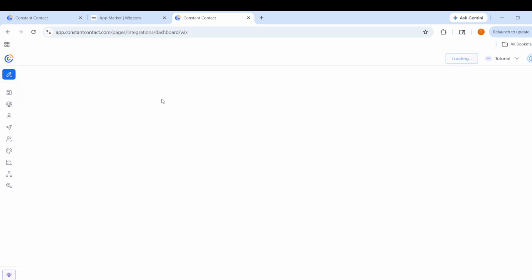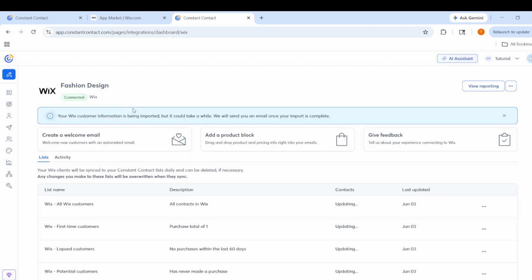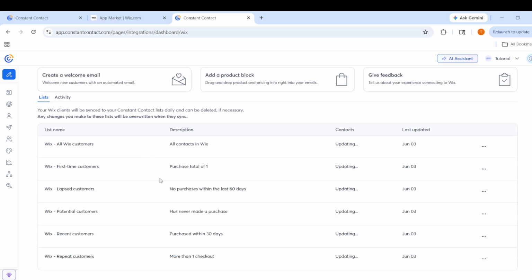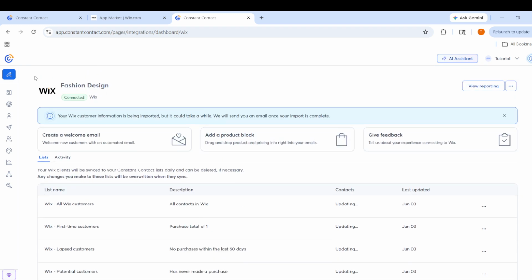Once you are signed in, Constant Contact will usually display an authorization screen. This is where you confirm that Wix can communicate with your Constant Contact account. Click Allow to approve the connection and authorize the data sync between both platforms. After that, the integration should begin connecting your Wix site with Constant Contact. This allows the two platforms to share the necessary information so you can use your email marketing tools more smoothly